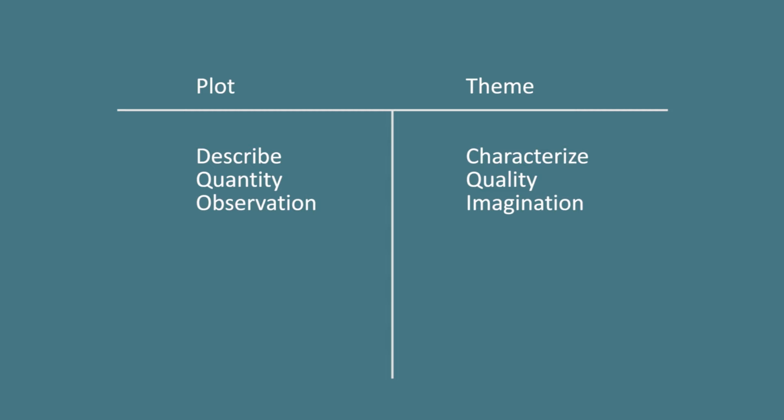We also talked about the word observation, that when we're engaged in plot, when we're looking at a book and we're trying to determine elements of plot, we're looking for the things that the book observes. Persons, the who, what, where, when, and how, and why. Correspondingly, across from observation is imagination. If we're not basing our ideas on the physical world, then we're simply using our imagination, our brain, to come up with our ideas.